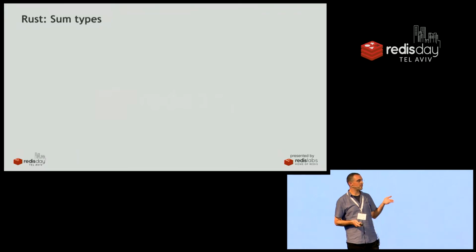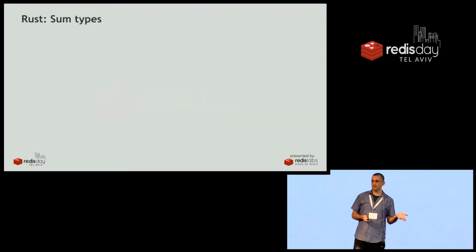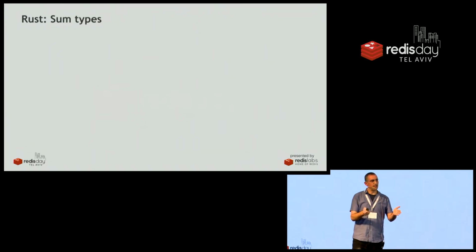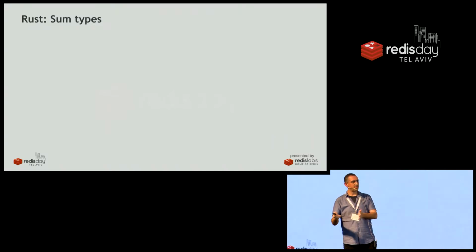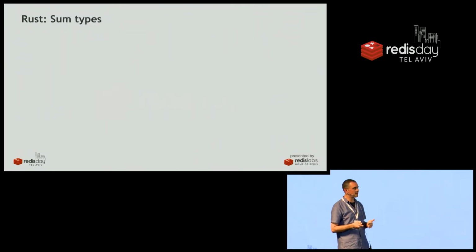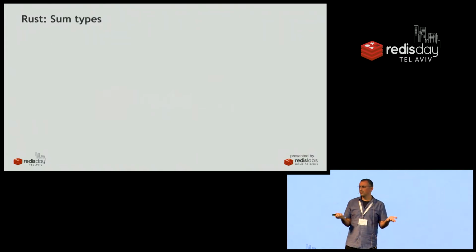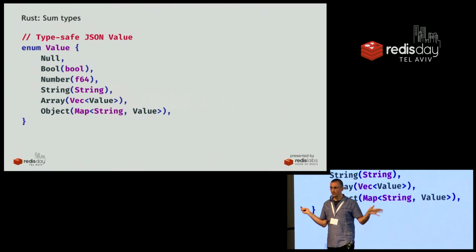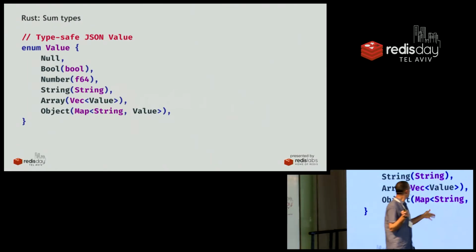It's similar to a variant or a tagged union in some languages that have them. The closest thing you would do in Java, for example, is create a base class and then derive from the base class various subclasses, and then you can have an instance of one of the subclasses. But there's no way to check that nobody is going to add additional subclasses or that you have exhaustively tested all of them. So sum types solve that. So if we want to